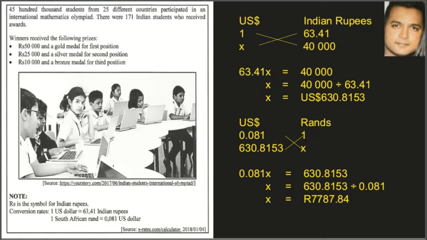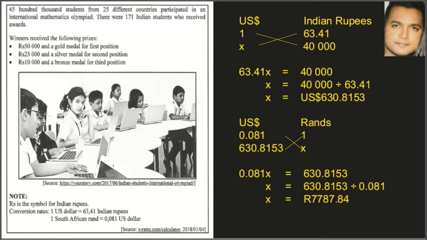So I write that down in its respective headings, and thereafter I write down the 40,000 under Indian rupees, and I place the X there, which is my unknown. I cross multiply, as you can see in the next step. When I cross multiply, I'm left with 63,41x is equal to 40,000. So I'll solve for my X as I did in grade 9 work, solving of equations, and I arrive at